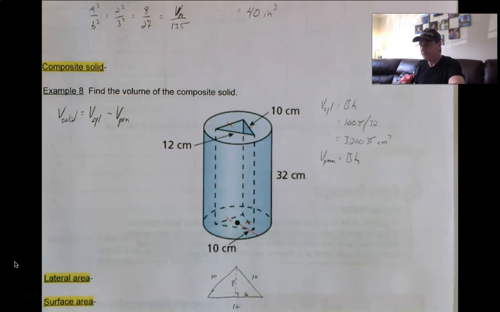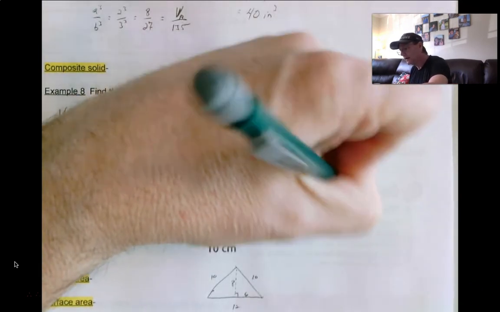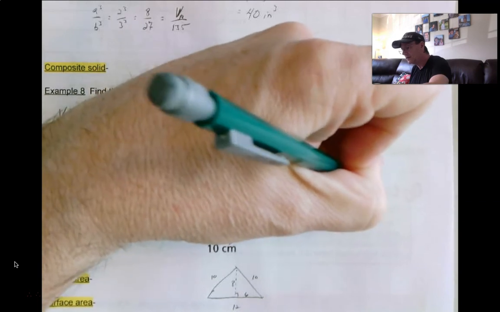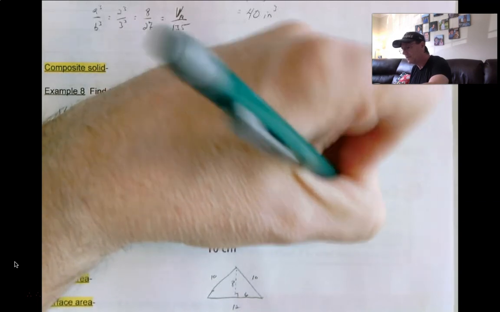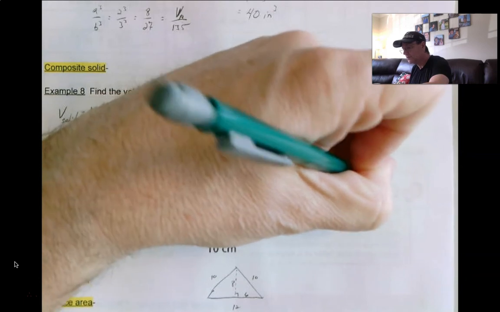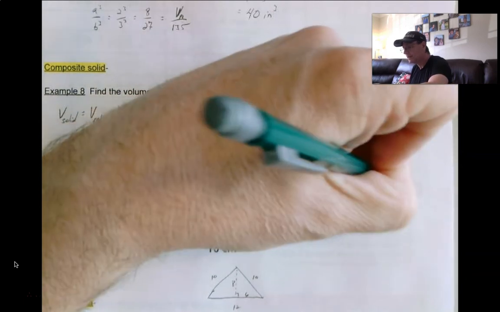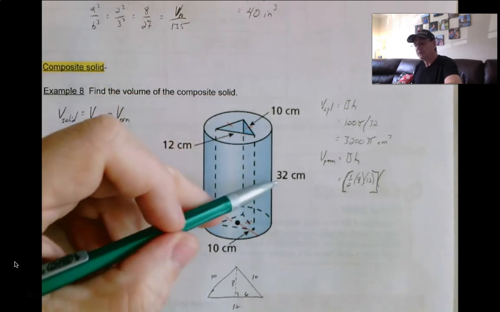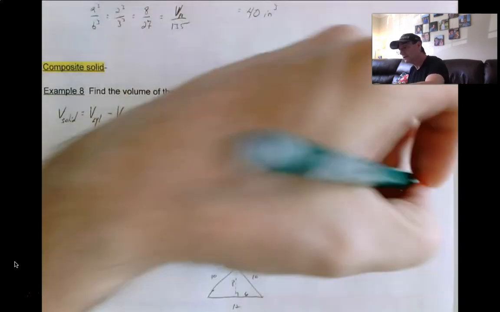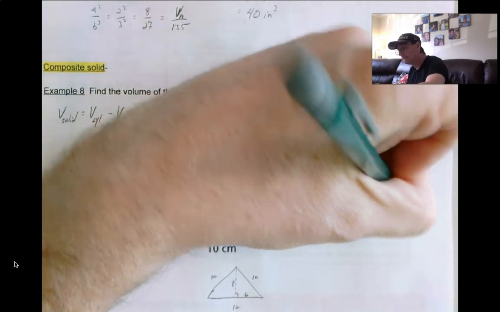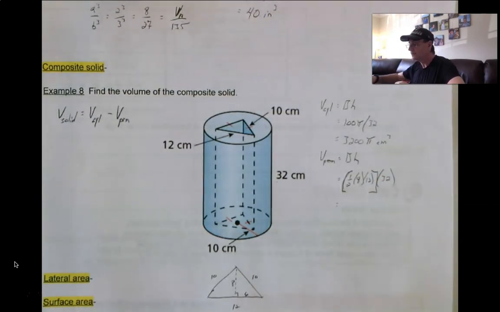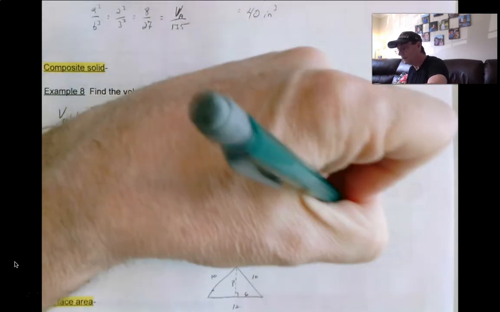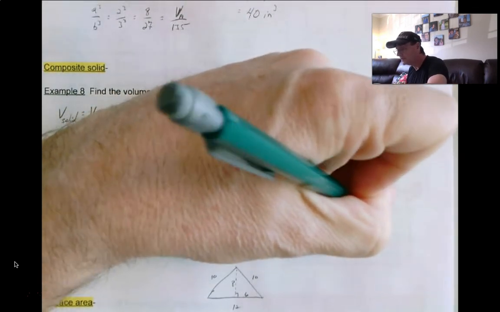6, 8, 10. The area is 1/2 times 8 times 12 times the height of the prism, which is the same as the height of the cylinder, 32. 4 times 12 is 48 times 32 gives me 1,536